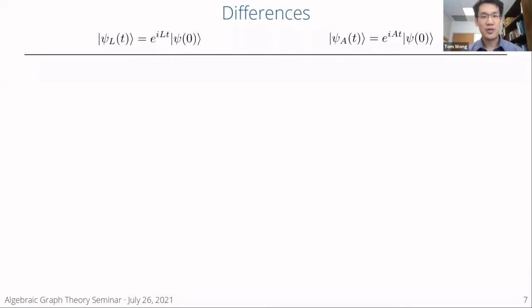All right, so I'm going to spend one slide just going over a couple of differences between these two walks, because you might imagine that, if this walk is governed by the Laplacian, and this walk is governed by the adjacency matrix, that they're going to evolve differently. And that is true in many circumstances. One example where this comes up is when you look at perfect state transfer, which the people in the audience actually know way better than I do.